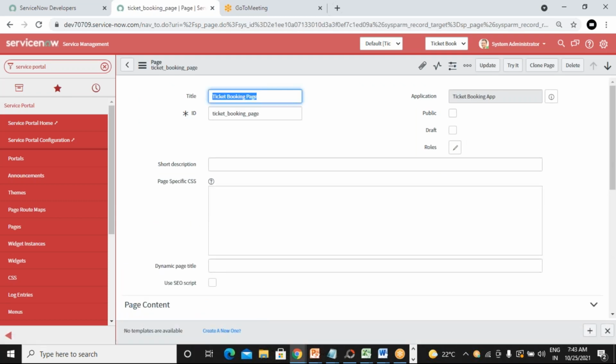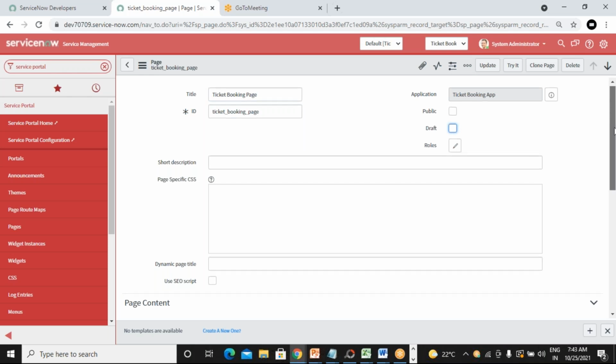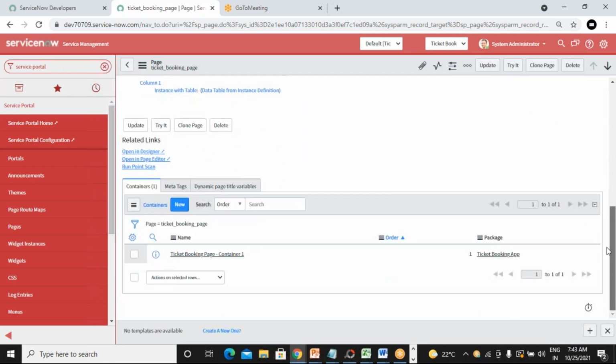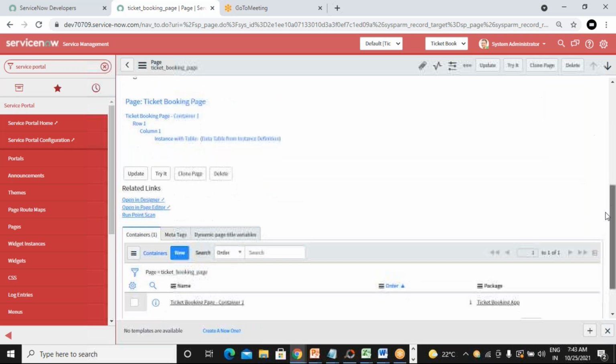Edit this page by clicking on the ticket booking page, and it will take you to the edit of this. Once you navigate there, you can scroll down, and here you can click on open in designer.